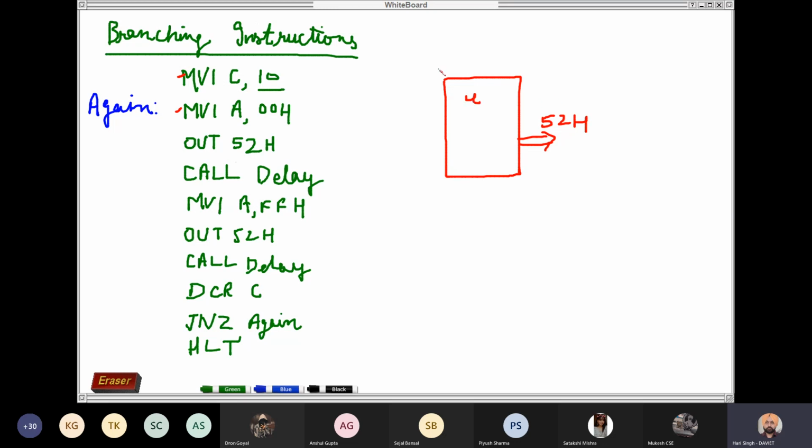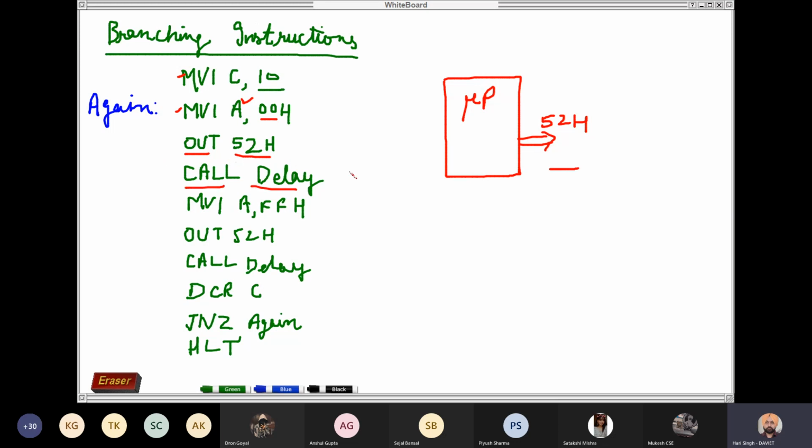If you see this second line, it places 00 in register A, and then the next instruction is OUT 52. Its function is to send the contents of the accumulator to the output port of address 52. Now register A has 00, so 00 will be sent to the output port. Then CALL delay.